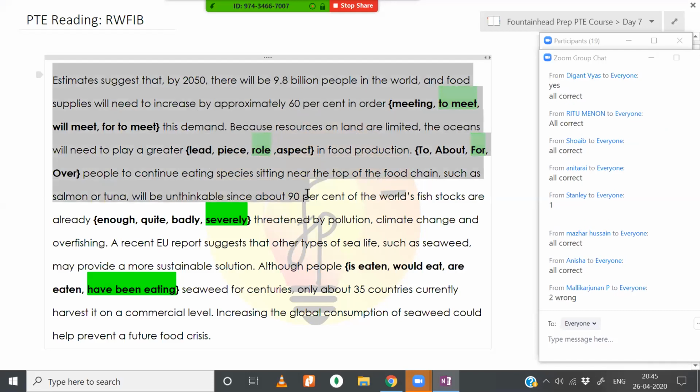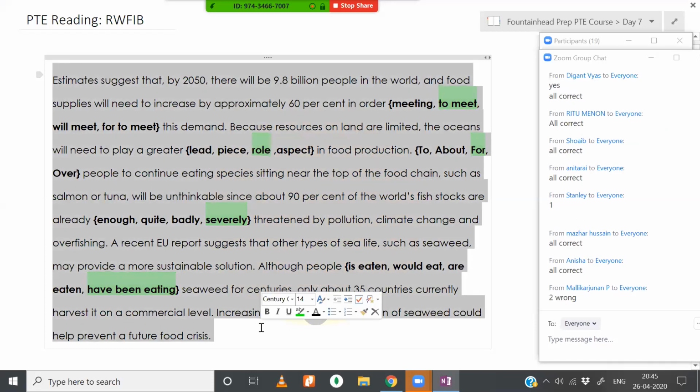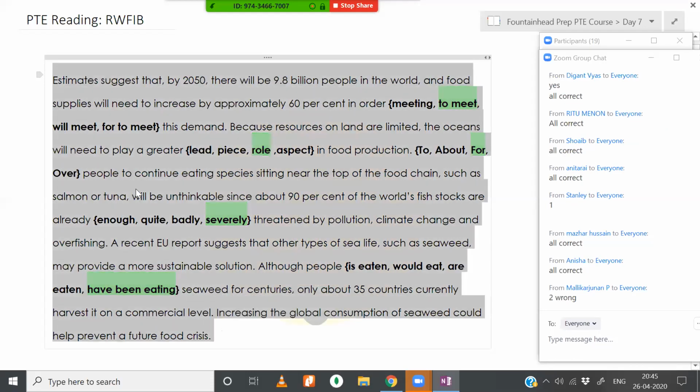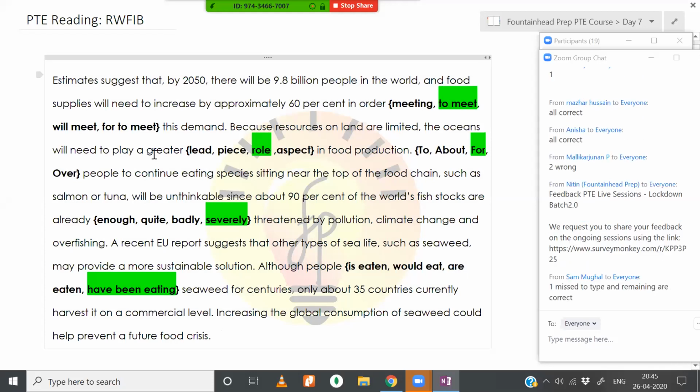So even if you are making one mistake in one question, then you will end up with about 5 to 7 mistakes. Okay, so be extremely careful. It actually makes a lot of difference, because fill in the blanks is that question type that carries a lot of weightage. All right. So anything to discuss here?